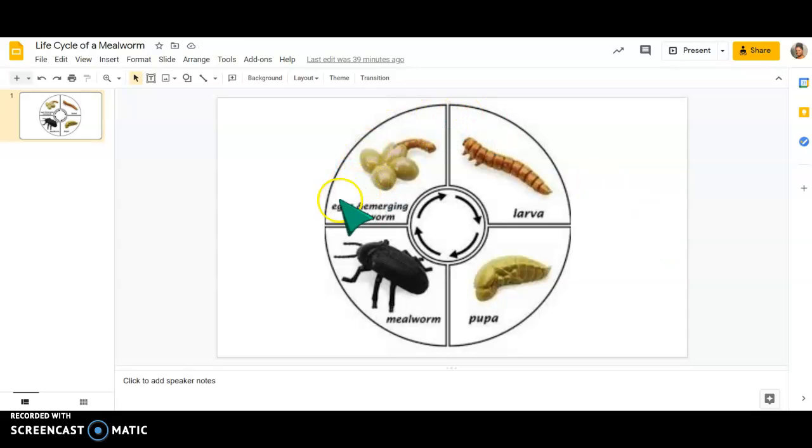So the first stage of the life cycle is an egg, an emerging mealworm. Then you have the larva. The next stage is a pupa. And then the last stage is the mealworm. So you're going to draw this life cycle of a mealworm, this exact life cycle that you see right here